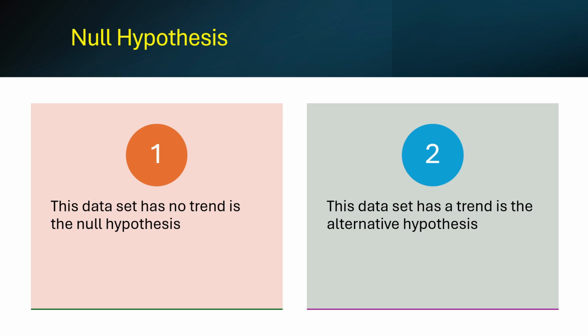Now you will say, what is the condition? The condition is either the tau, critical tau, or the critical z is less than the